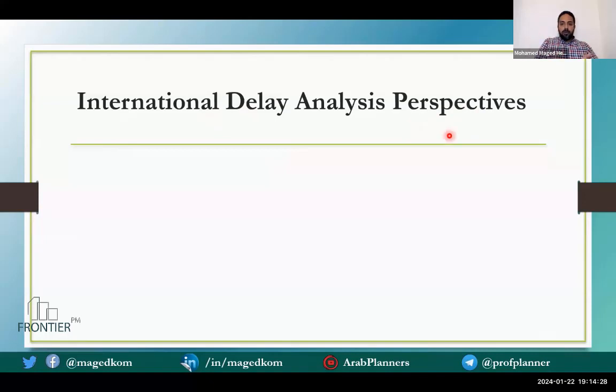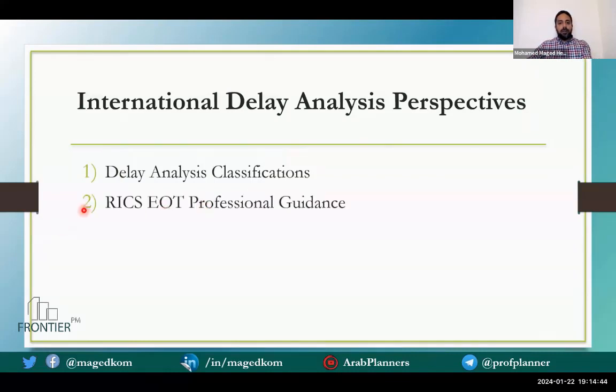We will see from multiple international references how they classify the delay analysis approaches. We will find a wide range of types and even different methodologies of classification.